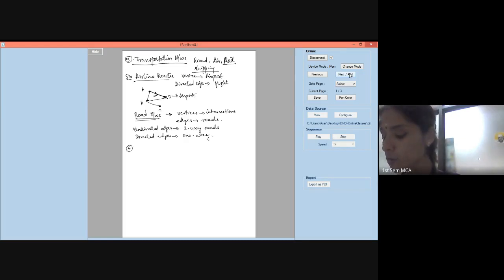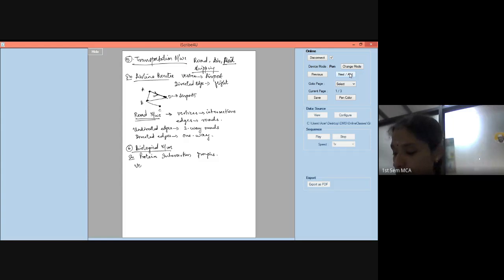The next kind of model that we are going to have is biological networks. Many aspects of biological science can be modeled using graphs. One very important graph that we can consider as an example here is the protein interaction graph. Every protein is represented by a vertex. So the vertex is going to represent a protein.